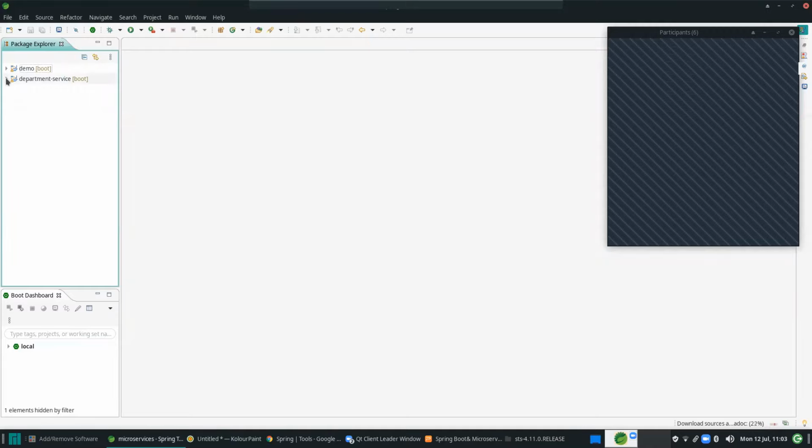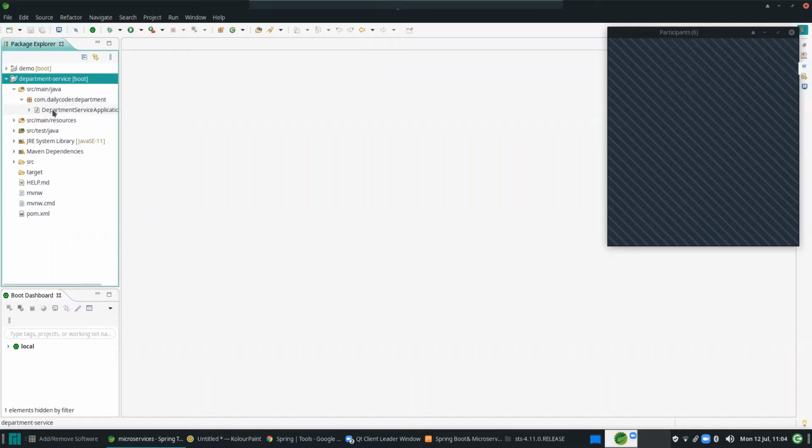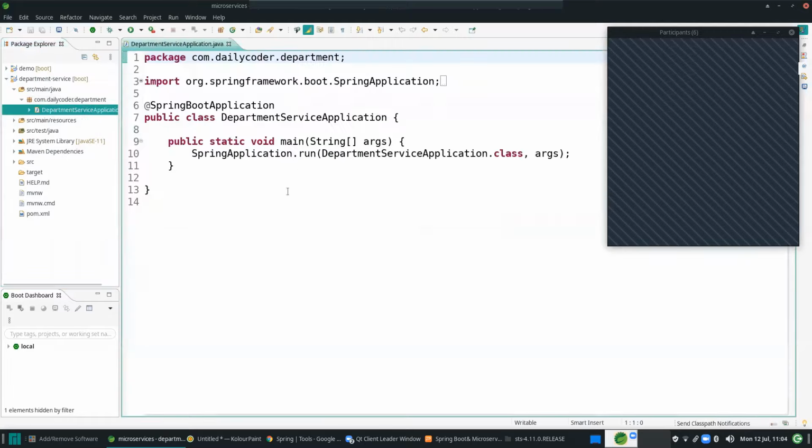So let me go to this. This is the anatomy of Spring Boot applications, how it looks and what folders it will have. I'm using Maven, that's why I have the POM file. I will explain what the POM file contains. It also has the main package you gave while creating the application, with the main class, which is where the application starts running.